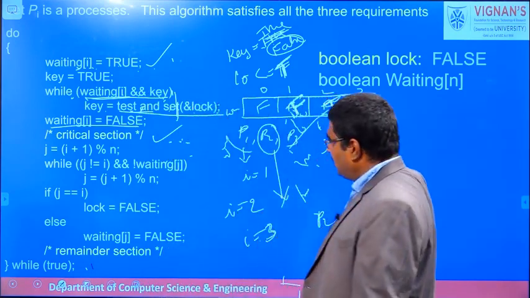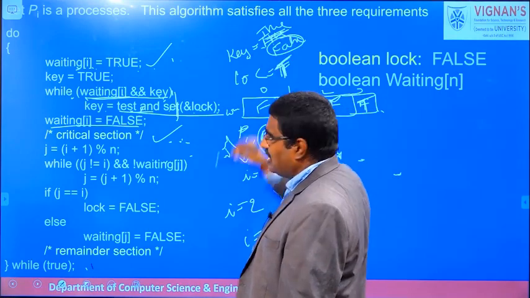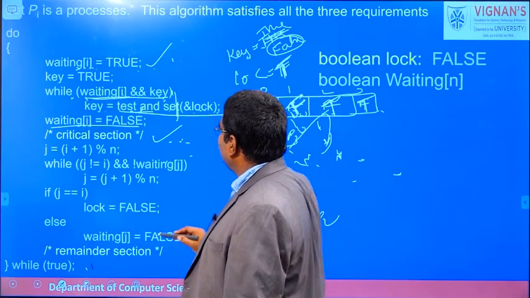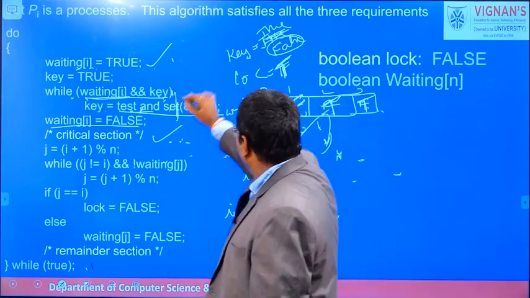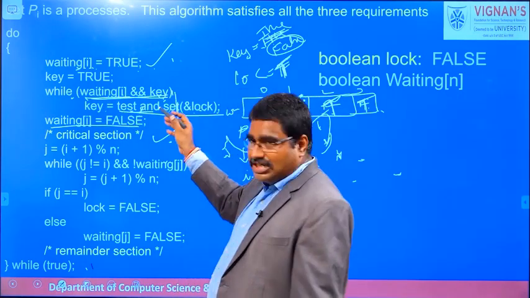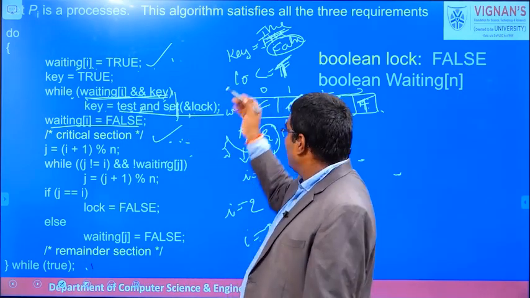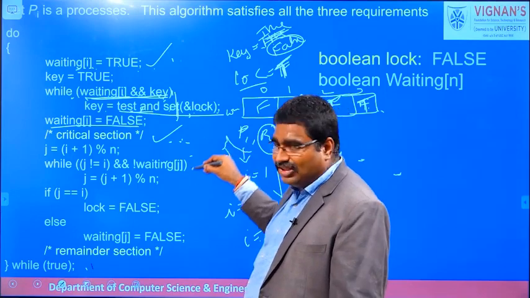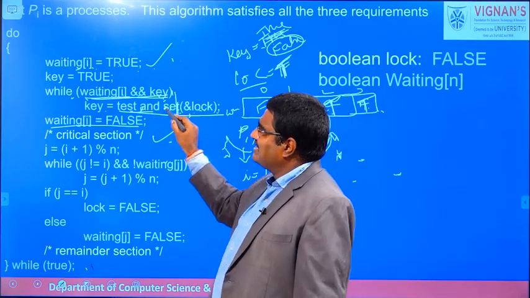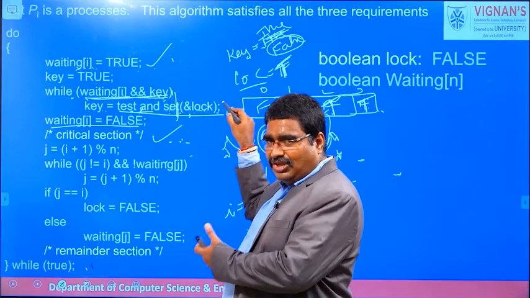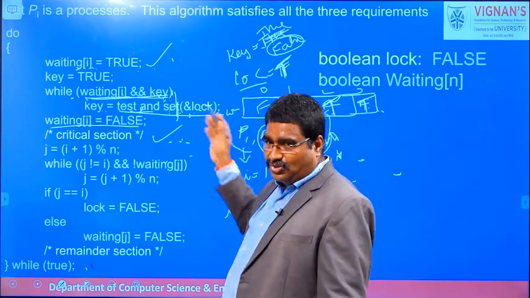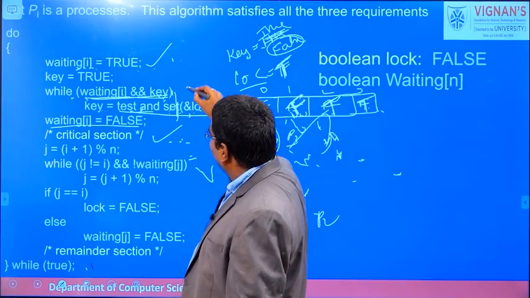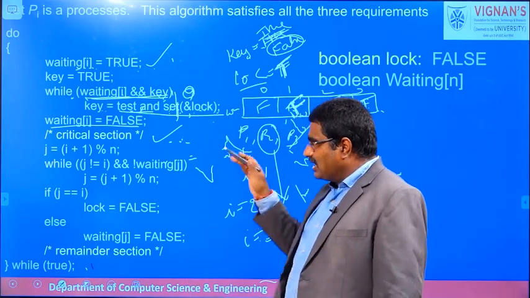So true is assigned to waiting of 3 and true is assigned to the key. Already the key value is true, and again we are assigning true to the key, that is the second statement. The third statement is waiting of i. Waiting of 3 is true and the key value is also true, so the total condition is true. It simply calls the test and set function with the lock variable. Lock is the global boolean variable. Already its value is true from the time the P1 process entered into the critical section. For that reason the test and set returns true only, and lock value is true because we are assigning true to the parameter we passed to the test and set function. For that reason P3 is also in the while loop only because it is not allowed to terminate. It is also in busy waiting.